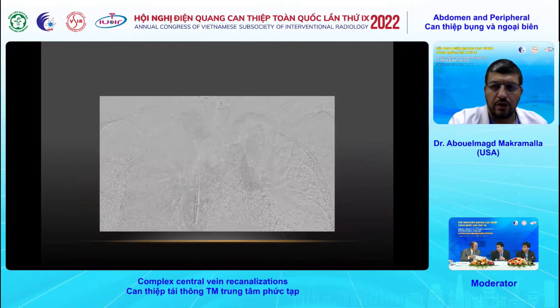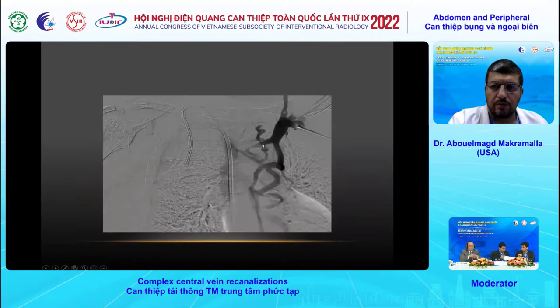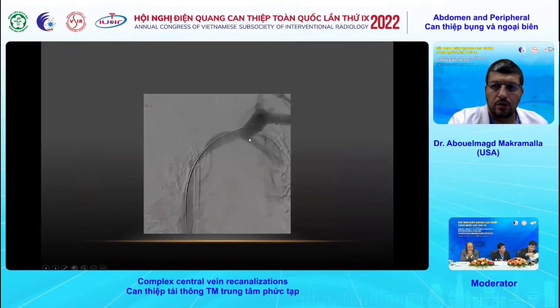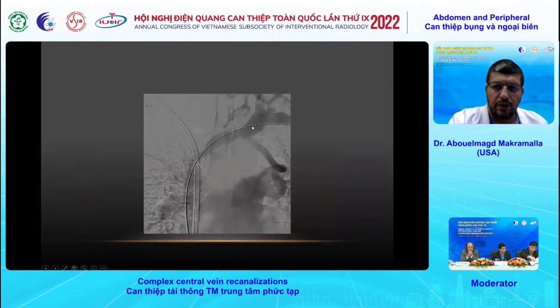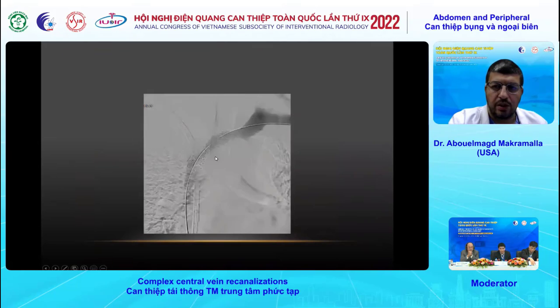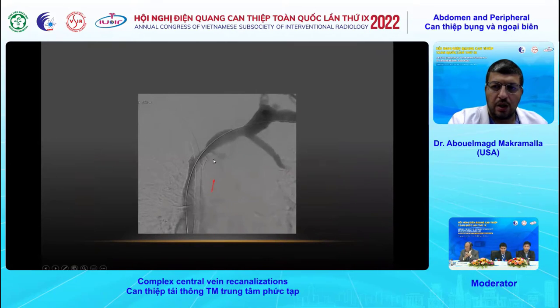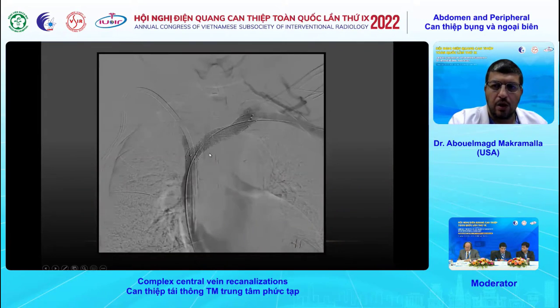They couldn't use the graft. And this is a view where you can see only collaterals but no presence of the brachiocephalic vein. So we're able to recanalize the vein and place a non-covered stent, but as you can see, there's actually some extravasation there, which we identified just angiographically, and immediately placed a covered stent, which